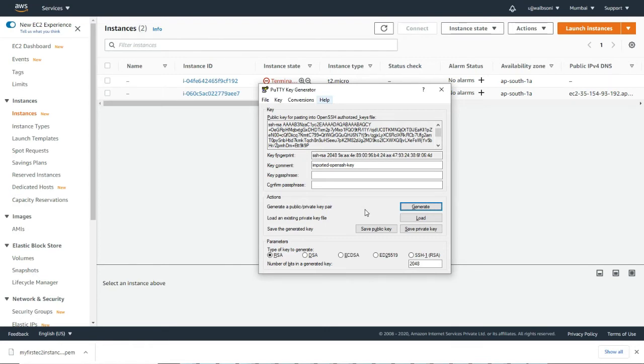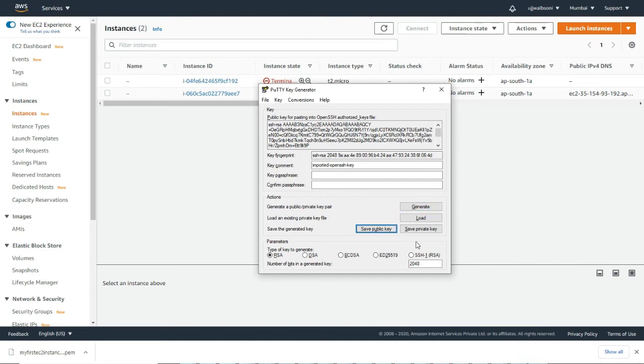I have downloaded PuTTY. Basically you need to first open PuTTYgen, okay, in order to generate the keys. We'll be saving the private key and public key. So for that, once you open PuTTYgen, you need to click on conversions from the menu bar, click on import. Okay, just import the key that you have downloaded. It will ask you for the key passphrase and ask for the confirmation of key passphrase. You can skip that, and then you need to click on save private key and save public key, which will generate the private key and public key.